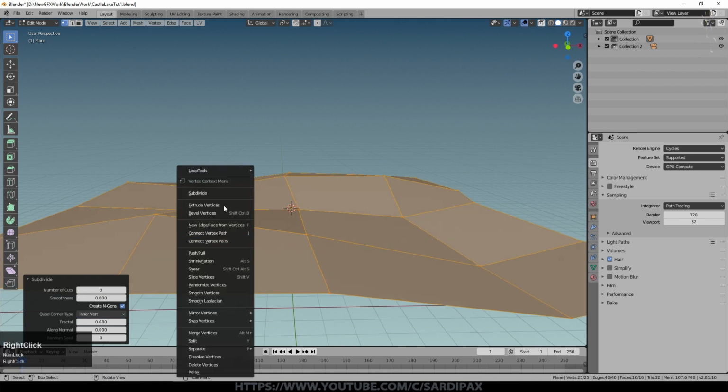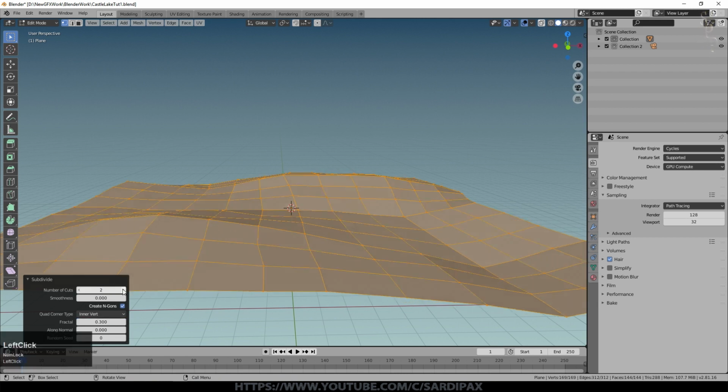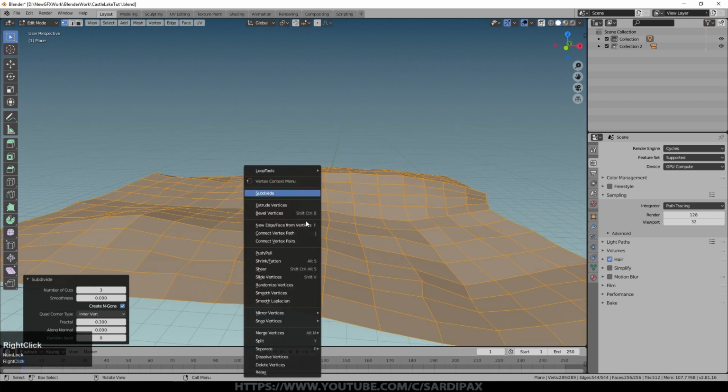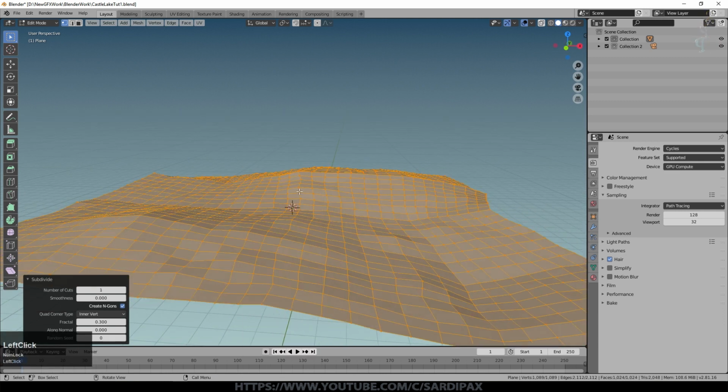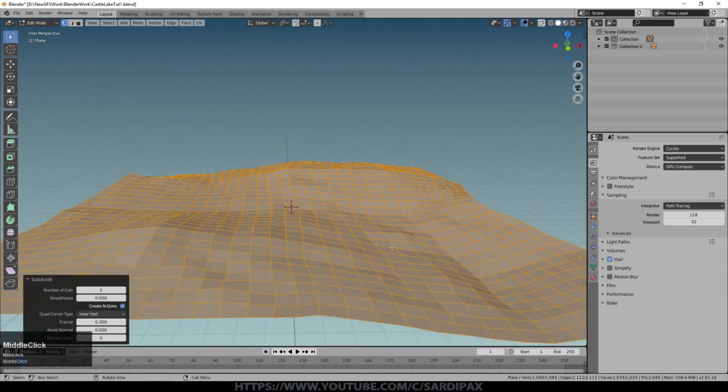And then I'm going to right click and say subdivide again. I'm going to reduce the fractal maybe to about half of what it was this time, and we'll increase the number of cuts. So we first of all had the big hills, and now we've got a few of the lumps and bumps within the hills. And you can either stop there, I think I'll go one more, we'll say subdivide once more. I'm going to leave the fractal on about 3, and we've got our final set there.